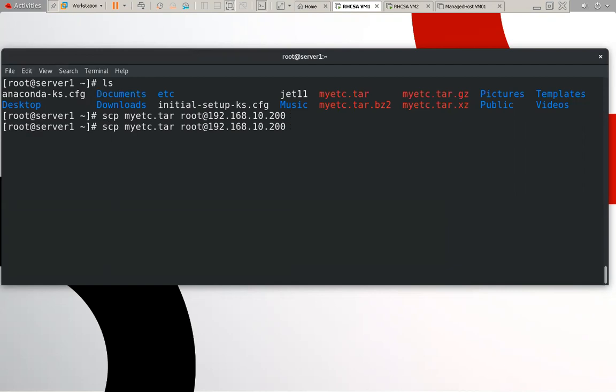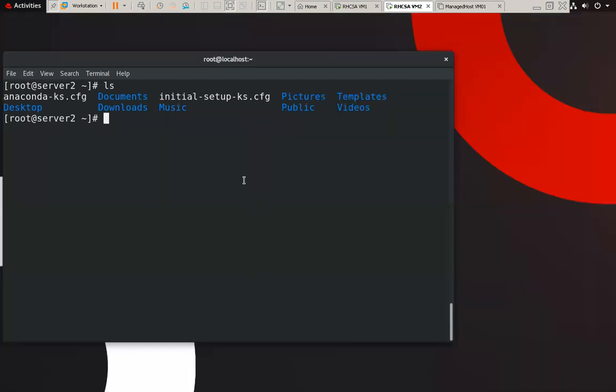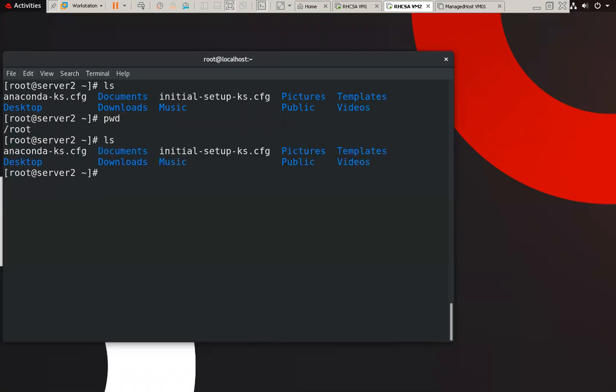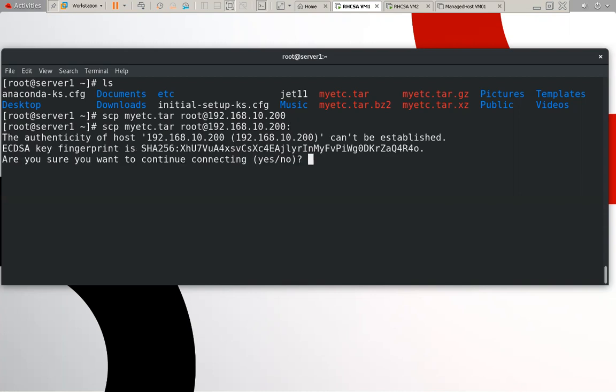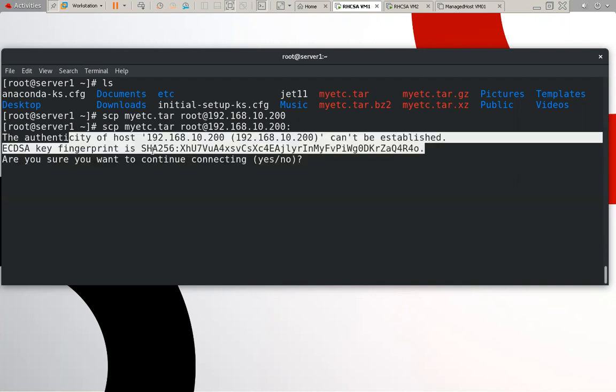When we press enter, it does nothing, because on the other machine, what is the location where you want to transfer? When we type only a colon, it will send all the data to the home directory. At this time, this is my home directory. There is no data here. You can check. When we transfer a file to the home directory, the colon is the separator to give the location, in which location on this machine the data will be copied. This data will be copied in the home directory.